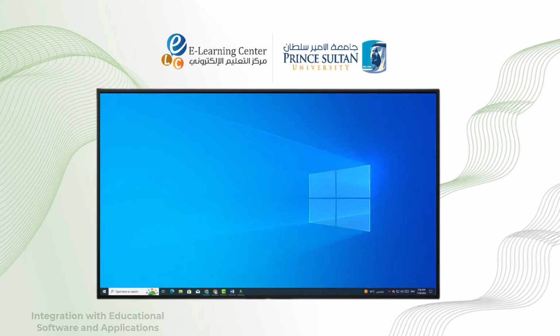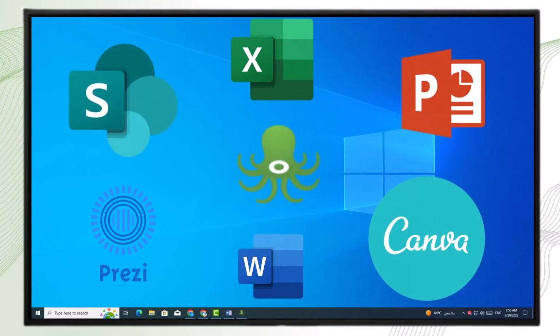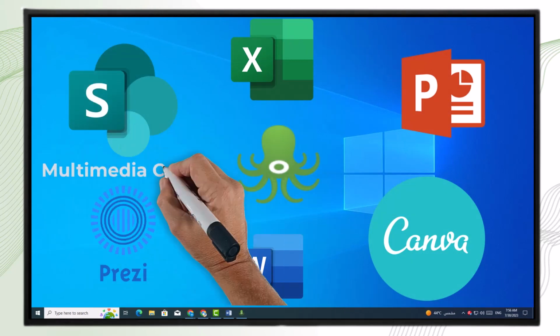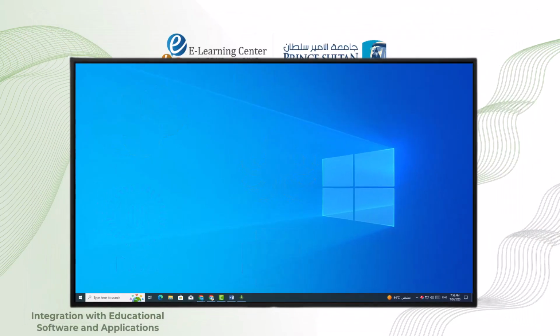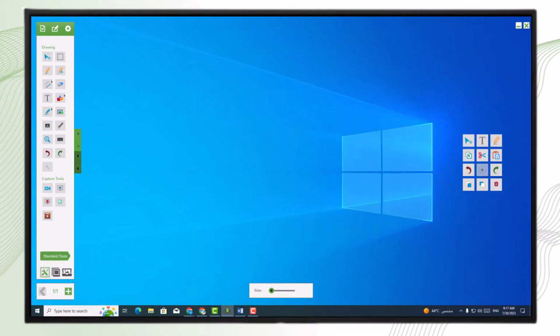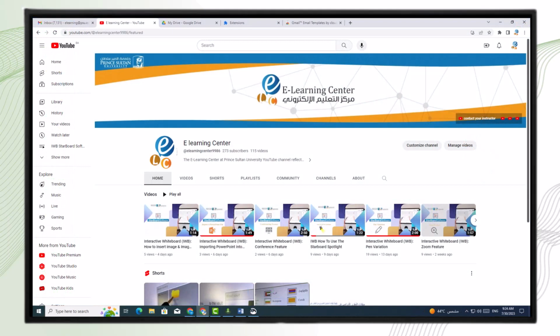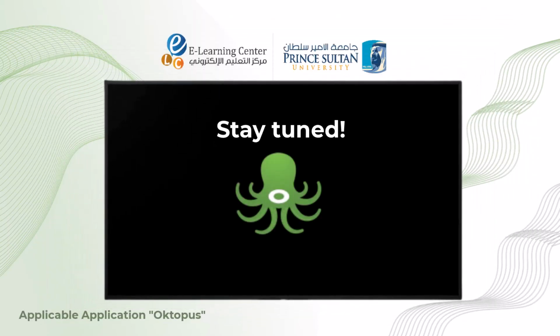The Intelligent Touch Board seamlessly integrates with leading educational software and applications, providing access to multimedia content, interactive lesson plans, and online resources. The Intelligent Touch Board is compatible with a wide range of applications, and one notable option is Octopus. Discover Octopus application in our future videos as we will showcase Octopus's capabilities, demonstrating how it maximizes the Intelligent Touch Board's potential. Stay tuned for our upcoming content as we delve deeper into the features of the Intelligent Touch